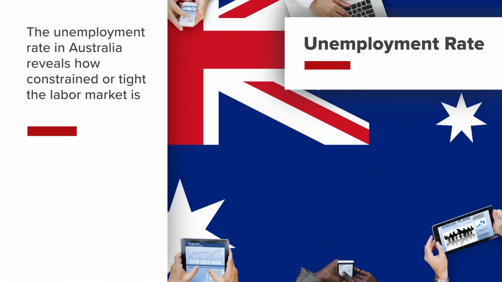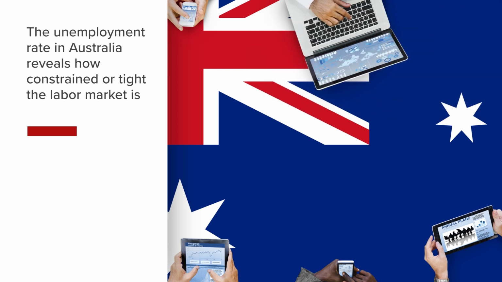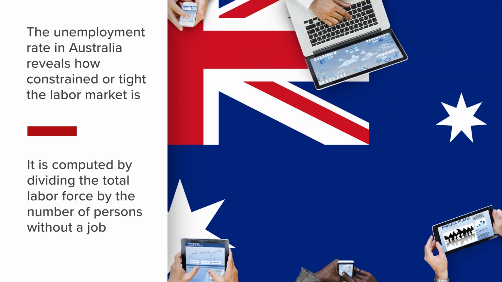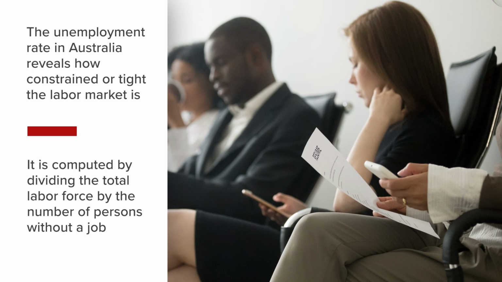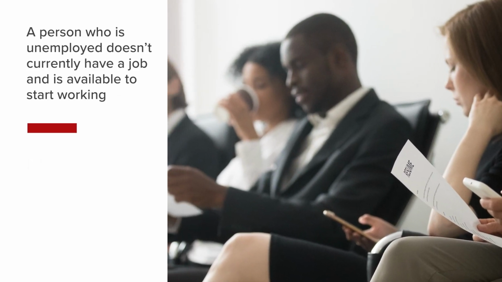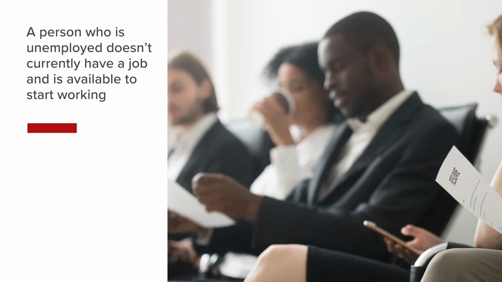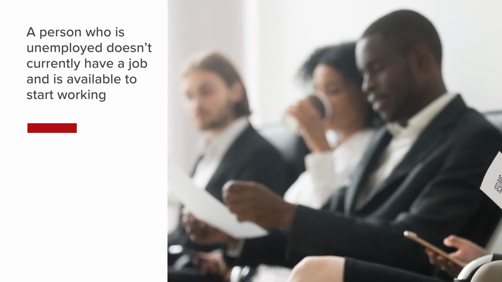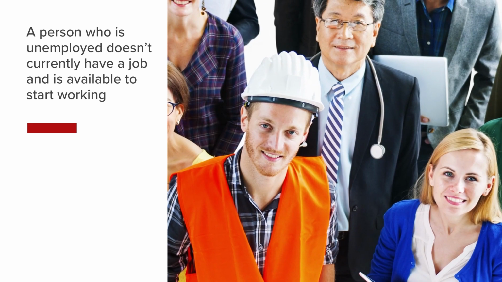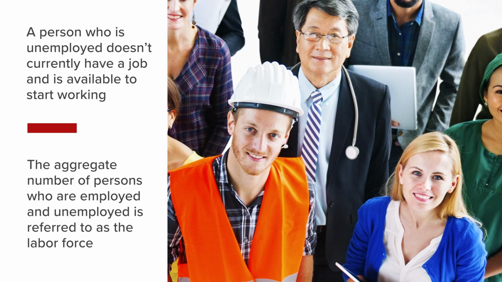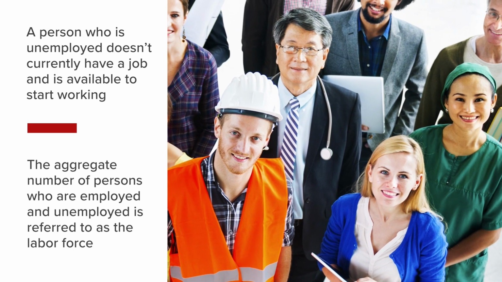The unemployment rate in Australia reveals how constrained or tight the labour market is. It is computed by dividing the number of persons without a job by the total labour force. In general, a person who is unemployed doesn't currently have a job but has recently looked for one and is available to start working. The aggregate number of persons who are employed and unemployed is referred to as the labour